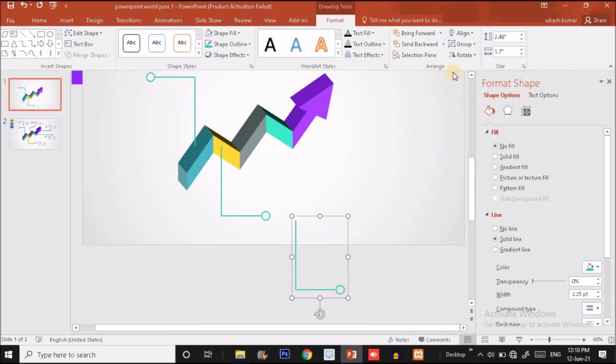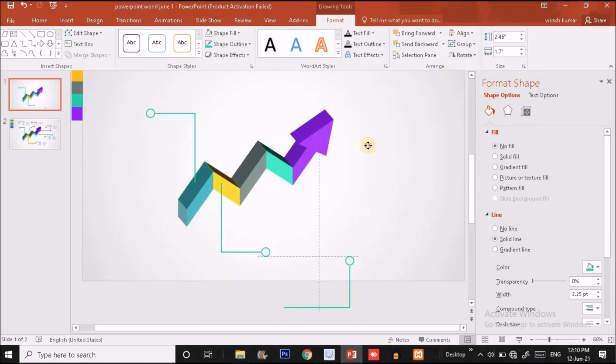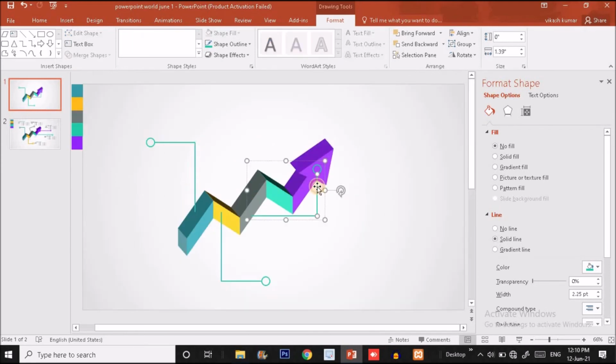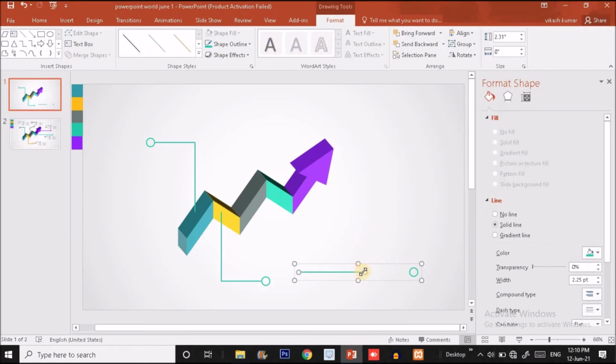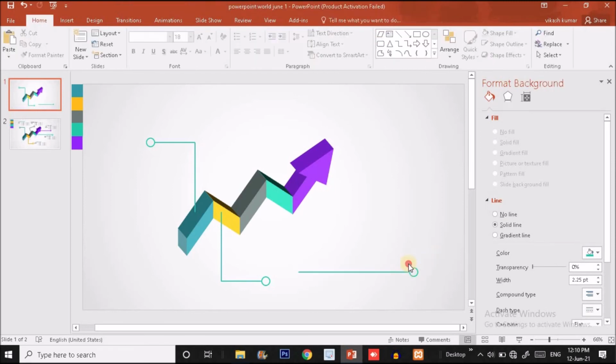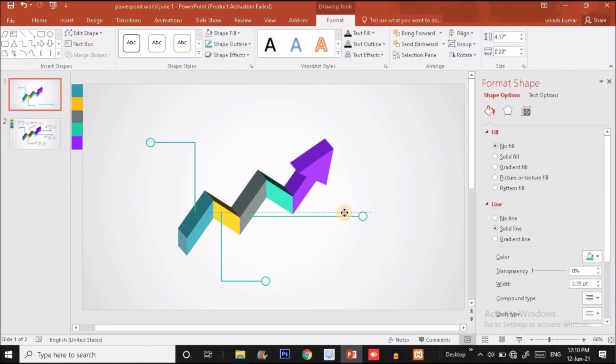Again pressing Ctrl D, rotate left 90 degrees and put this shape over here, and I'm going to delete this line, press shift and increase the line like this. Now I'm going to put it over here for the third shape.